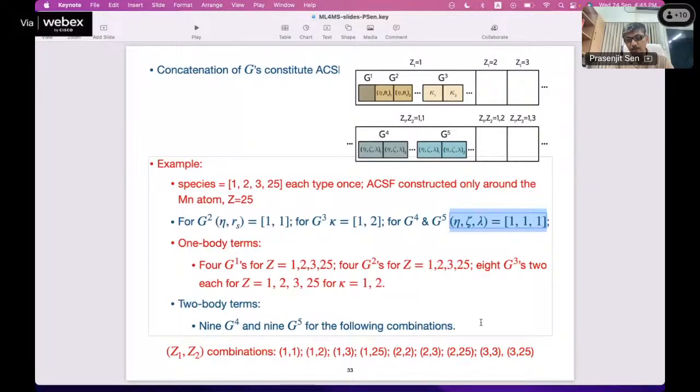If I had two sets of parameters, then we'd have 18 for G4, 18 for G5. So this will tell you the total number of entries you will have. That will give you the total length of your ACSF feature vector. When you do a calculation with describe, you don't have to do any of these by hand. You have to learn how to use describe. That's an easy way of constructing these features. But you should perhaps check that what you think you are doing is correct and that the number of features matches this estimation. Okay, so that is ACSF, atom-centered symmetry functions.